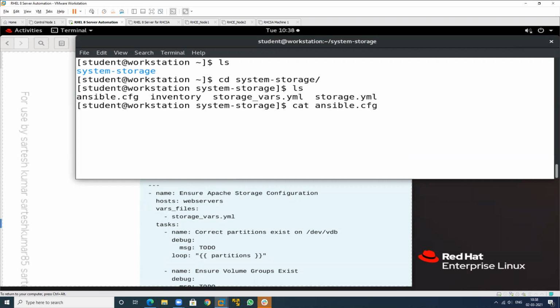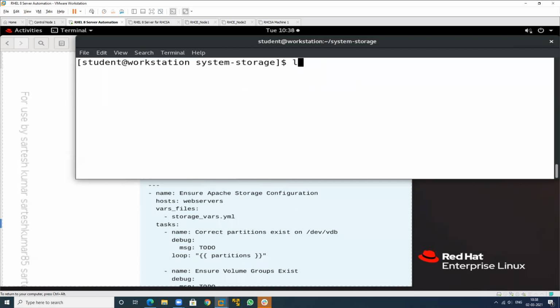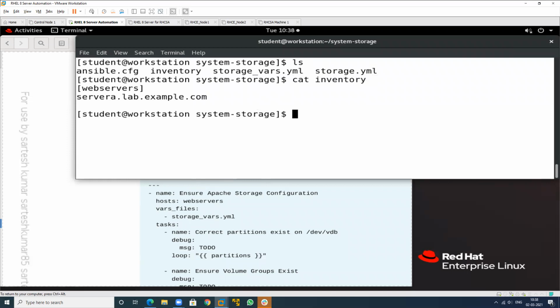We have ansible.cfg. So this is defaults, remote_user, it's remote user. This is my inventory file. This is privilege escalation, become yes, method is sudo. So I am using this particular method, and see cat inventory.